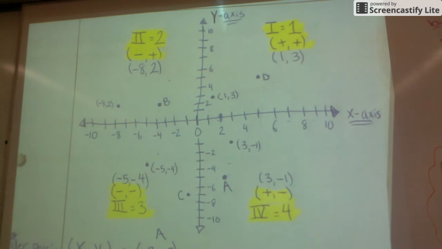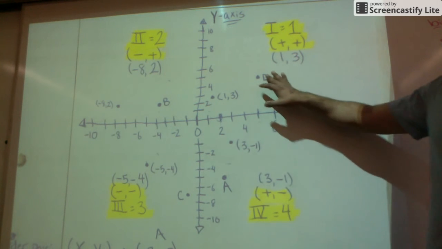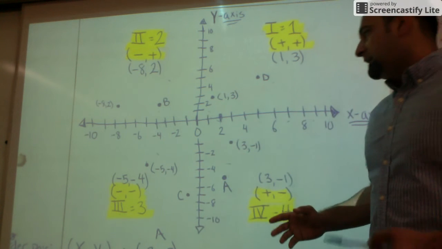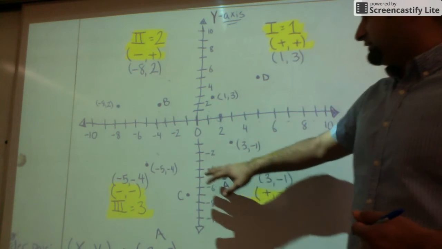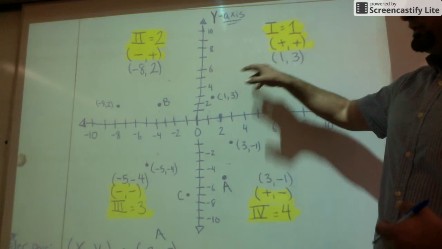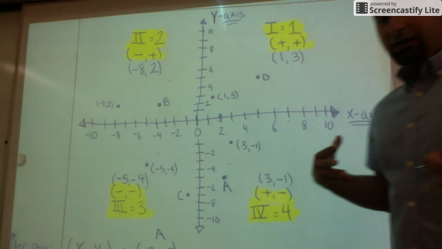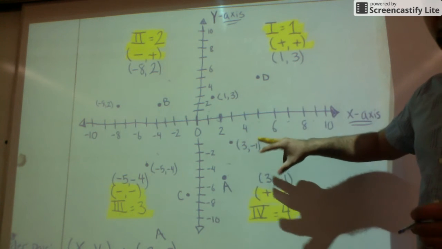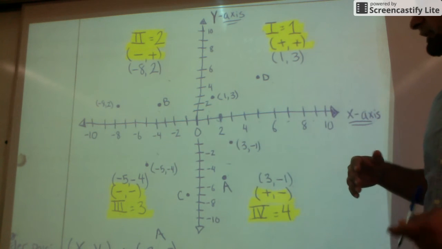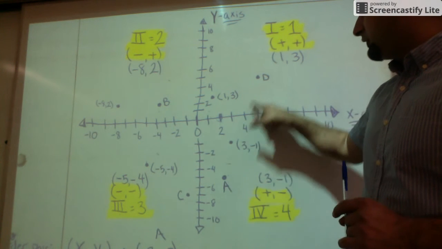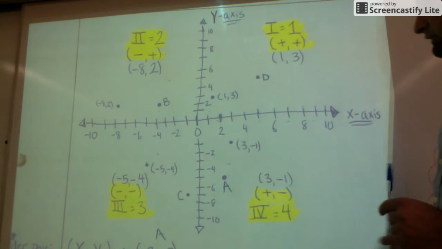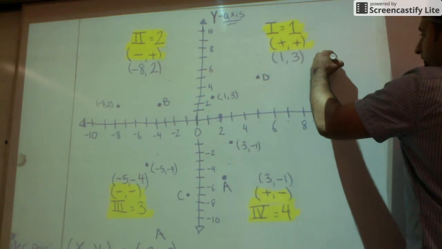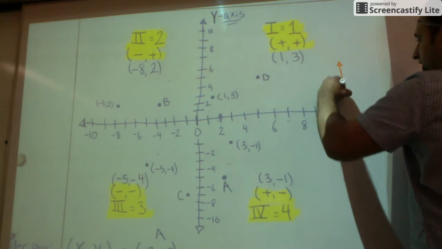what we really want to use our coordinate plane for is not just for plotting points, but now that we have these points A, B, C, D, and these other points that we've done here, what we want to do is we want to kind of compare them to each other. We want to look at how they are the same and how they are in position to one another. So if we look at coordinate A and coordinate D, we can kind of look at it as a compass rose. Okay, you guys have seen compasses in history and in my class. Okay,